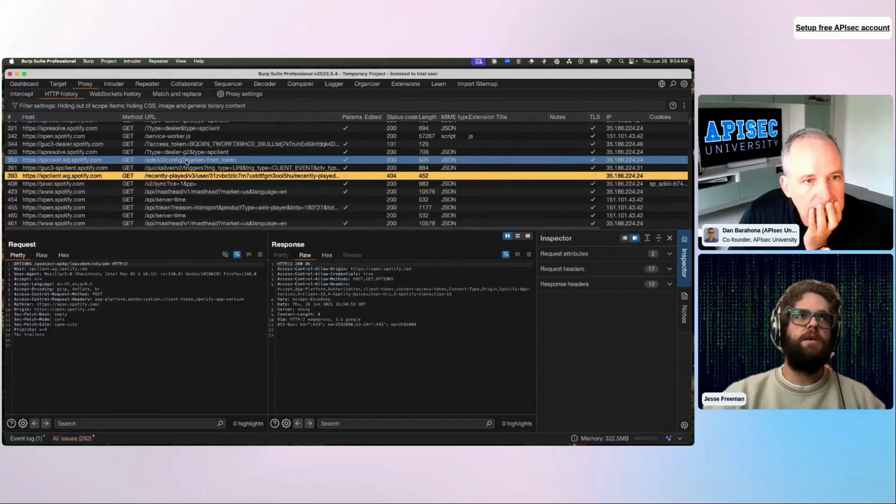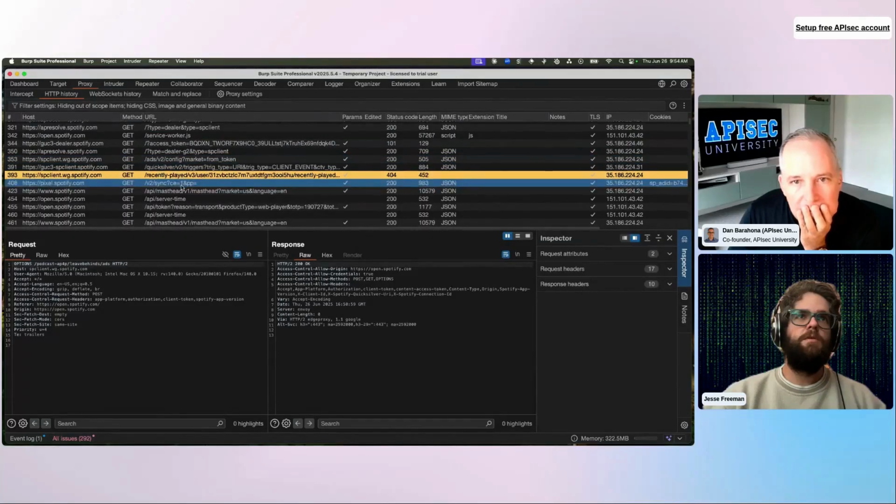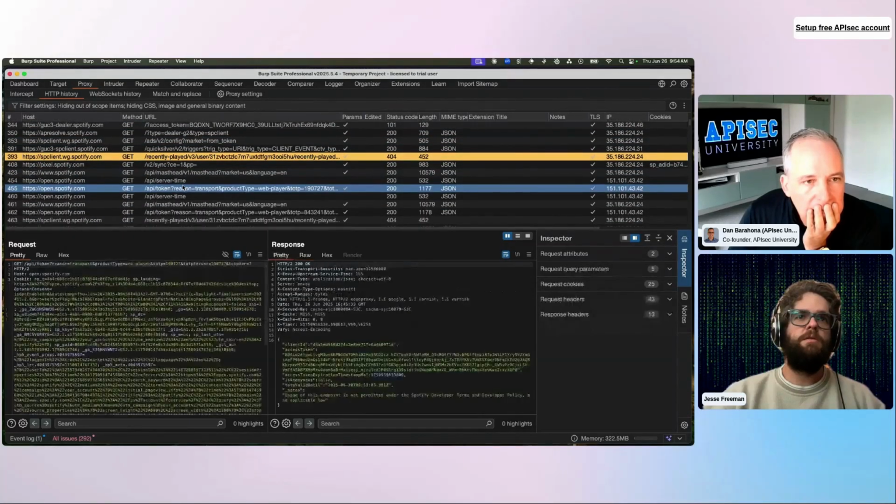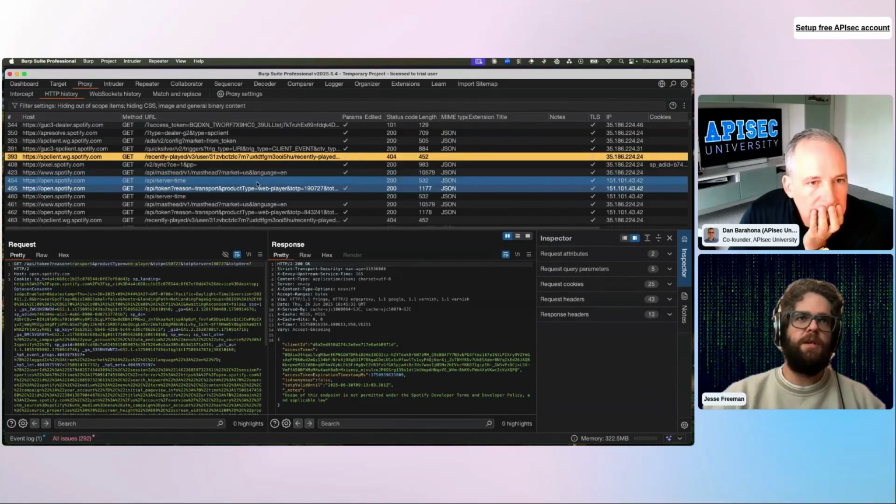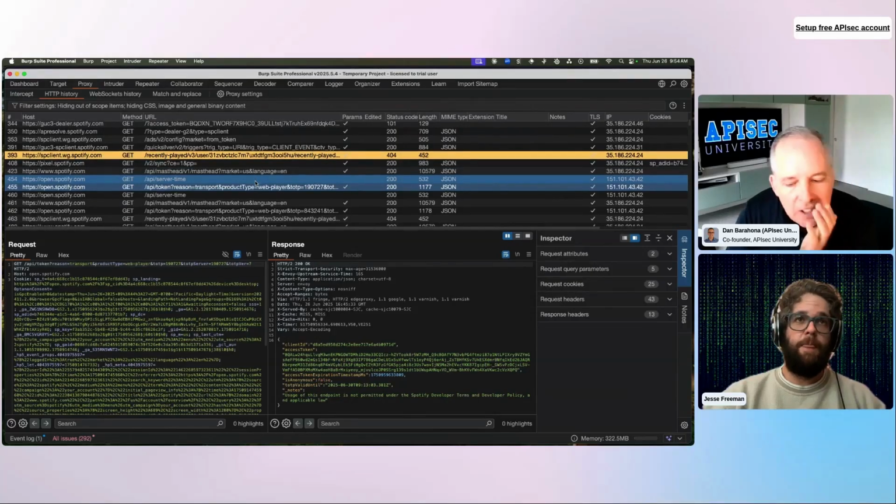What else do we got here? Don't really want to look at JSON. I guess that's okay. What do we got here? Anybody else see anything, by the way, chat? If as I'm scrolling through these URLs, if you see anything,